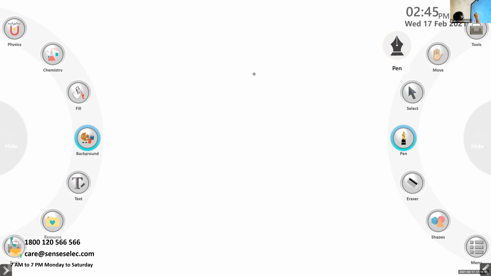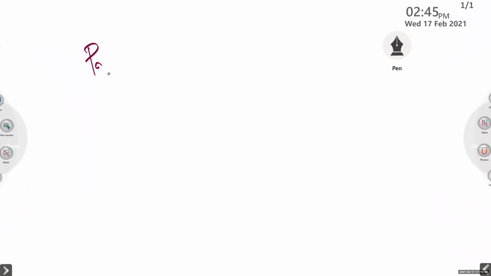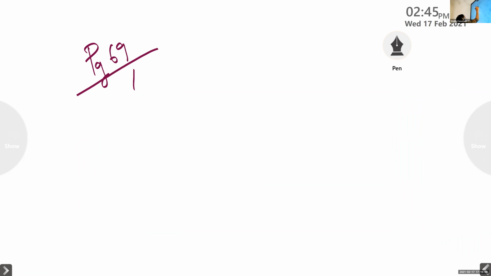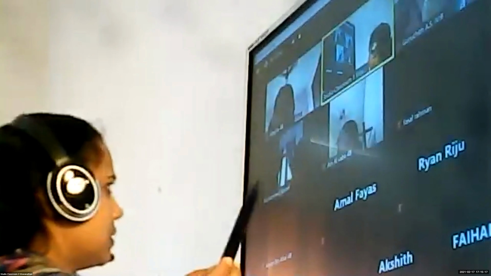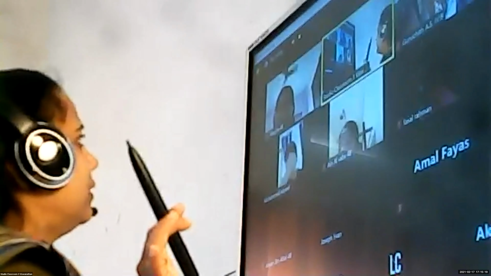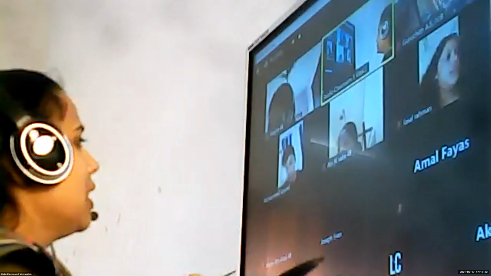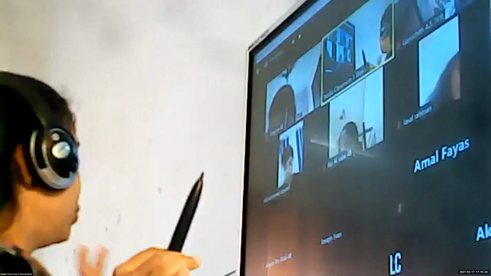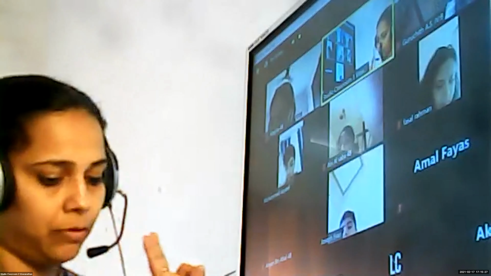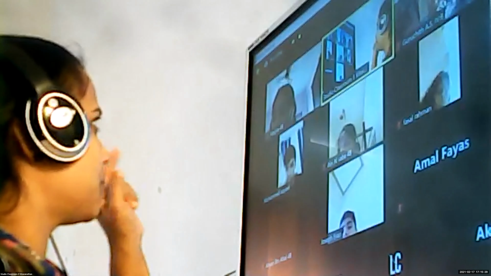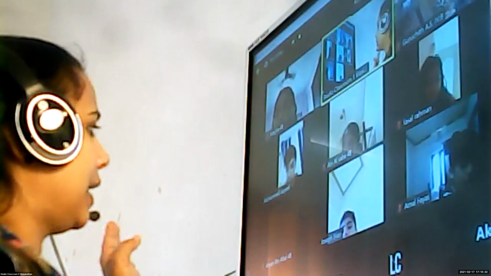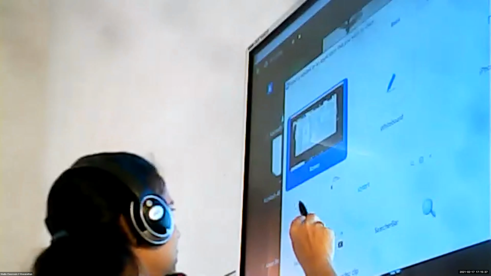So children, this is page number 69. I am writing on the board. We are doing question number 13A. Listen carefully. I will explain one question on how to write the numbers, then you have to do it alone, because we already learned multiplication with a multiplier of 2 digits. Here also we have a multiplier with 2 digits. Children, please try to revise the multiplication tables also.